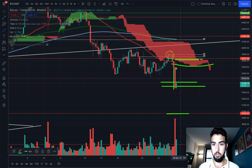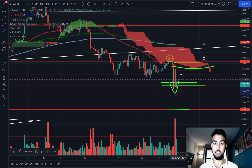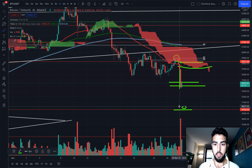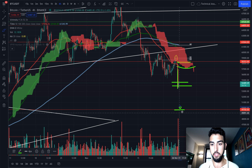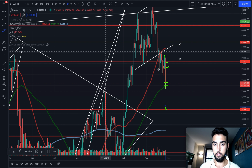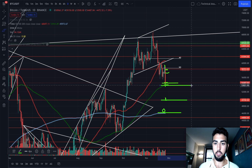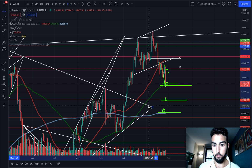But with the 6-hour bearish continuation candle, we have to start looking at some downside targets here, not to be bearish, of course. And so 49,700 is still going to be that major support. If we were to start looking at some levels of confluence around this area, we go into the daily chart, and notice how we have this 200-day moving average way below 49,700 right now, being at the 50-day and then coming now down to the 100-day. I think we can have some time before we see this 200-day moving average, but it is an area of interest here, I would say, if we were to look at further downside targets,